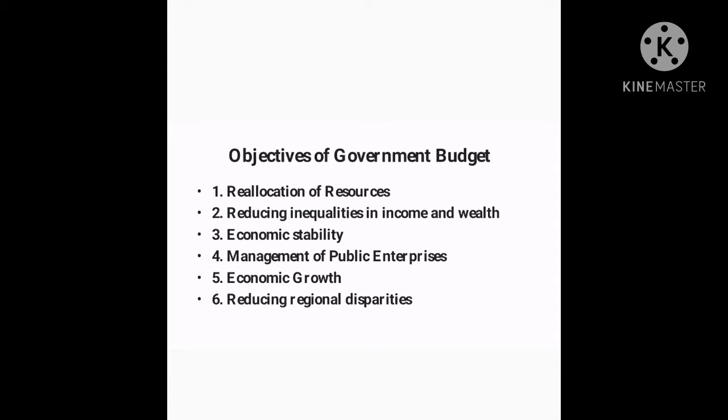First, reallocation of resources. Through a budget, government endeavors to equally allocate resources and wealth. They encourage small industries like khadi to flourish by allowing subsidized loans and reduced taxes on raw material needed for production. Government can also levy hefty taxes upon production of harmful products like liquor, cigarettes to discourage production of those goods.